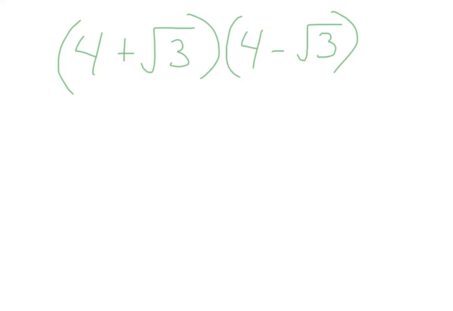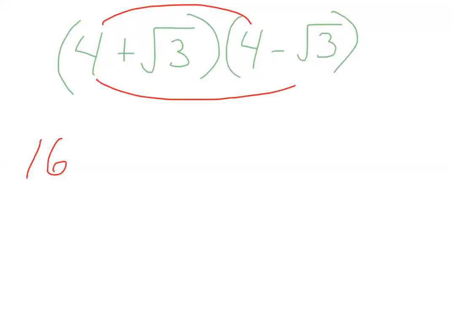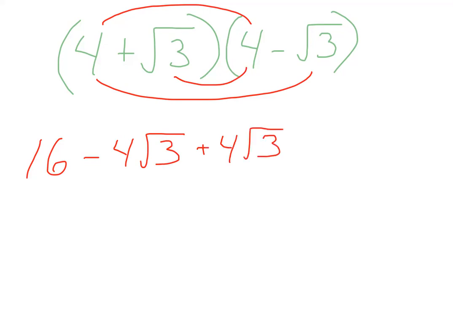All right, pause the video and see if you can multiply this, and then come back when you're done. But I'm going to continue to work. All right, we're at 2 binomials. We FOIL it. First times first gives me 16. Outer gives me -4 radical 3, because that's a negative radical 3. Inner gives me a +4 radical 3. And then last, positive times negative is a negative, which gives me